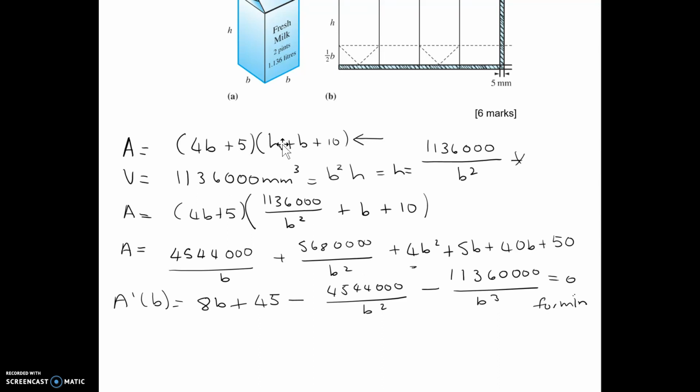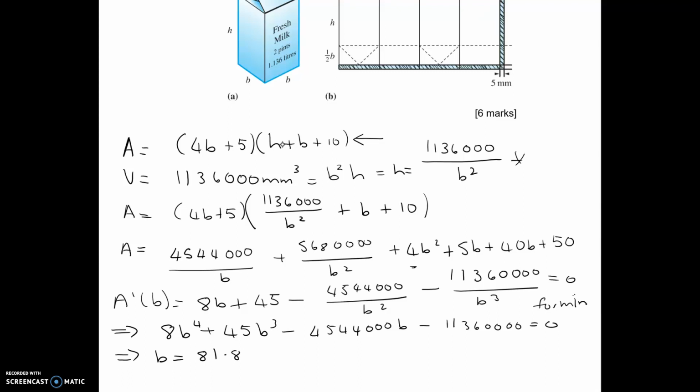So what if we multiply everything by b cubed, and then we can get rid of our fractions? So we can then find 8b to the 4 plus 45b cubed minus 4544. Now, it just tells you in the question that that has a root of b equals 81.8. Now, if it didn't tell you that, then you would use Excel or your calculator, whatever, to find b,